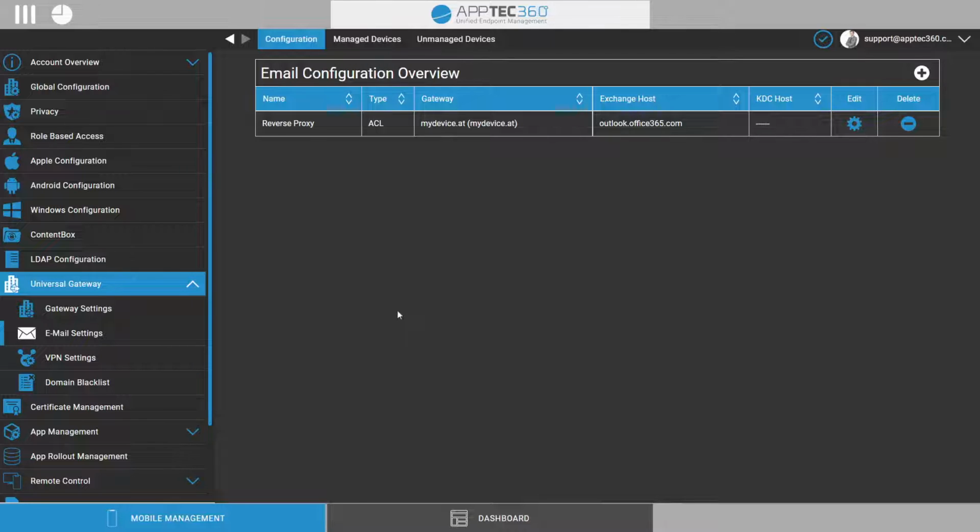The general idea is that you take back your Exchange server from the public internet, and instead you place the Universal Gateway, which works as a reverse proxy, but not only a simple reverse proxy. The Universal Gateway also checks if the device trying to connect